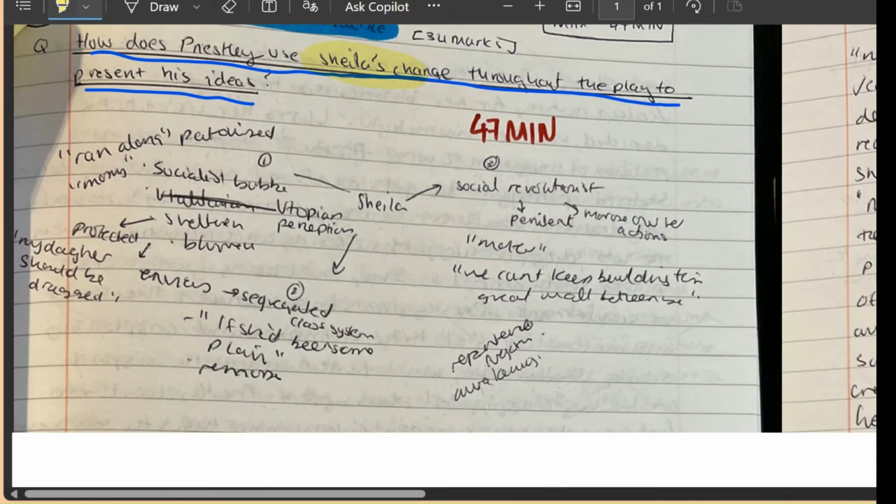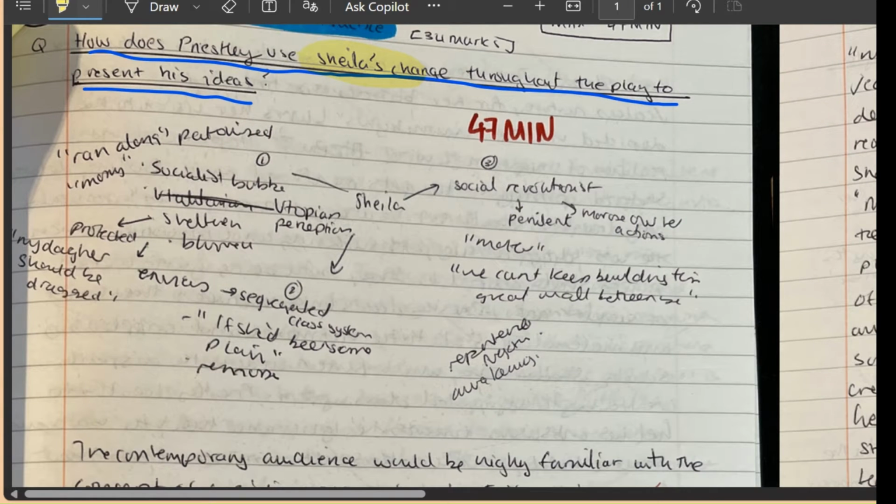So I began by doing a plan. It's really important that you always do a plan, not only for your own structuring and your own essay, to be able to set out 3 key points, but also to show the examiner that you haven't just pre-prepped and memorized an essay, you have actually thought about it within the exam constraints.